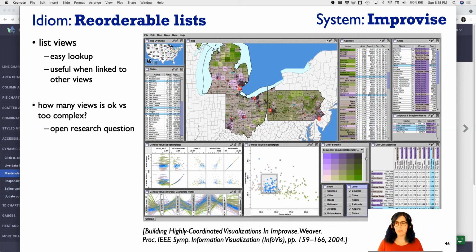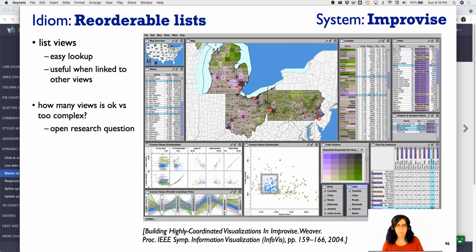But I want you to notice one thing, which is we've got some things that are just lists. Now, by themselves, we often don't necessarily find a list all that useful. But if you need to support lookup, particularly across a complex multi-view system, it can be very useful to be able to get at a particular attribute in order to say, have those alphabetically listed so you can get them, because the linked highlighting allows you to see where they fall in those other views. So in some cases, you can think of these as more supplemental views, but they definitely can serve a purpose